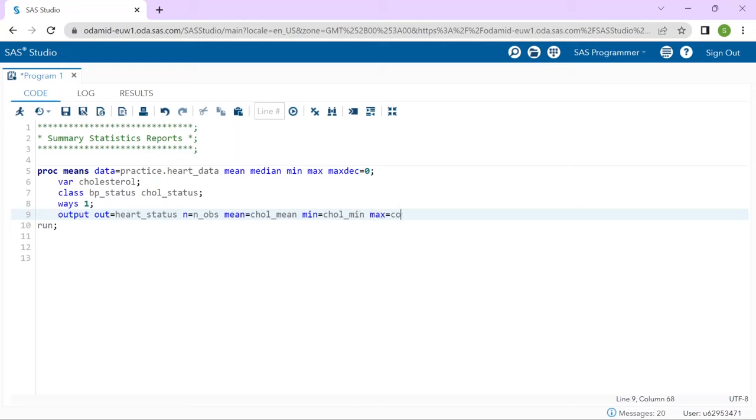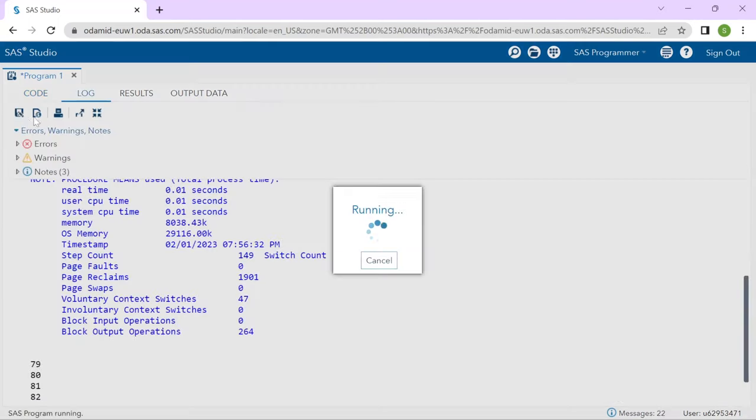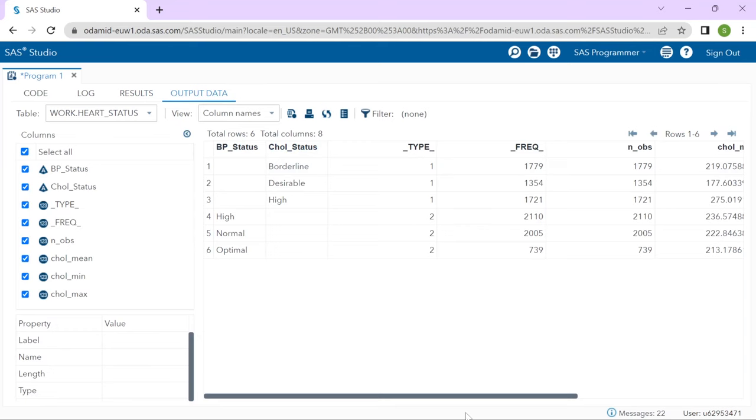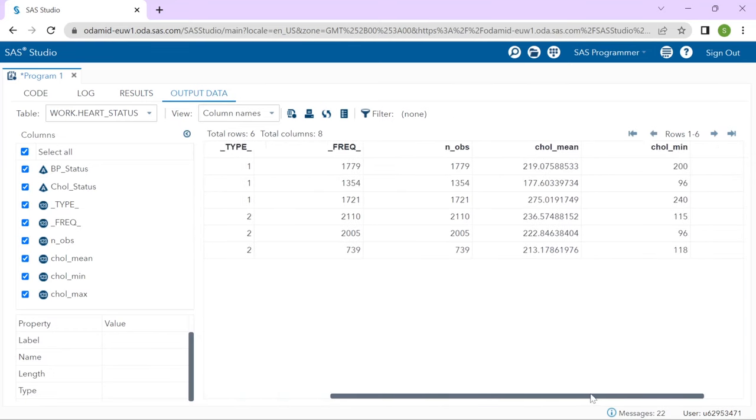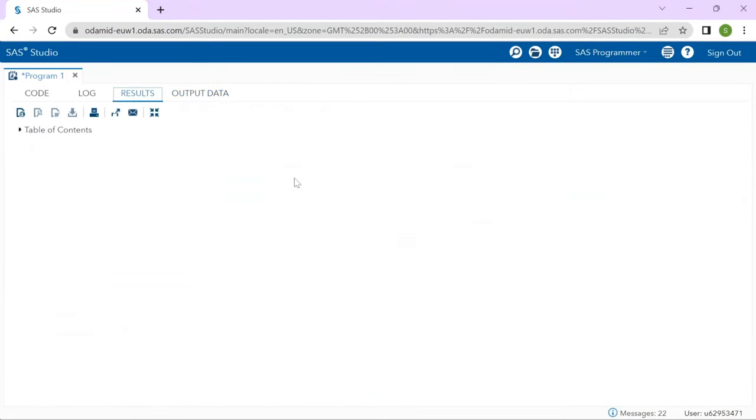same way max. And if I run this program by keeping NOPRINT in the PROC MEANS statement, it only creates the dataset. See, we have the dataset with statistics. Also, if I check the results, no results were generated because of the NOPRINT option in the PROC